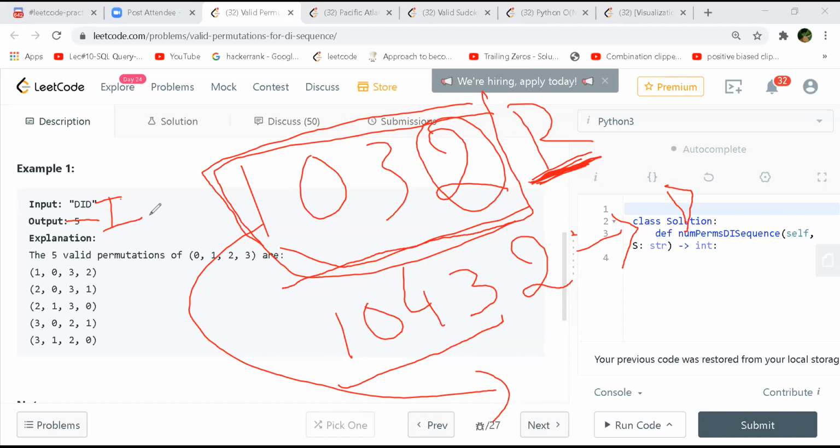We can break this problem into smaller subproblems if we start from the right end. And then at each step, the problem will become smaller and smaller. And at one instance, the size of the permutation which we want will tend to 0. So at that instant, we can say that we get one of the valid combinations. So there we can return just one.